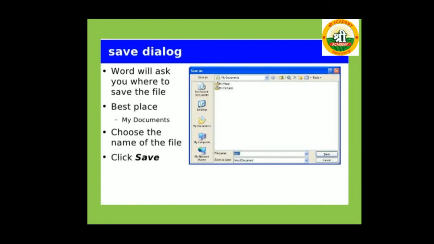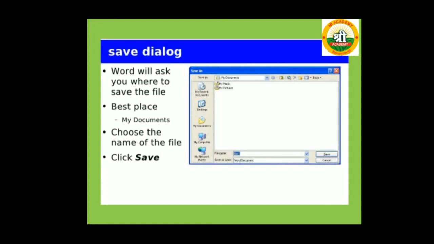When you click the Save option, the Save dialog box appears on your screen, like in the figure. Word will ask you where to save the file. The computer asks in which location you want to save your file.